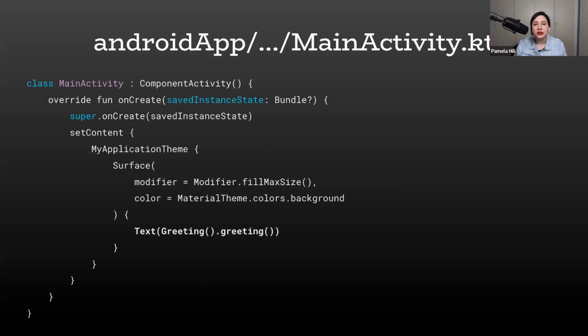But how does this code actually get on the screen? Well, for Android, it's as simple as calling greeting.greeting and then passing that as state into a text composable. This is using Jetpack Compose. But I wonder, it's easy enough calling, for example, Kotlin code from our Android app, but will it be equally as easy on the iOS app? Well,